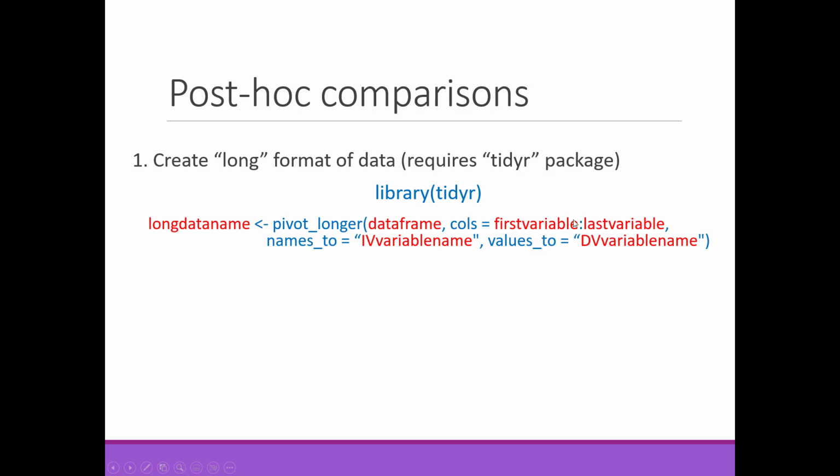And then designate which columns to use for your dependent variable. And then names_to would be where you name that within subjects variable. And then values_to would be where the dependent variable should go, so the name of your dependent variable. This will probably make a little bit more sense when we see it in action in R. And then if you like, you can attach the new data, or otherwise just remember that you have to use a data frame, $, and then variable name in order to call information. So you can attach that new long format data if you like.